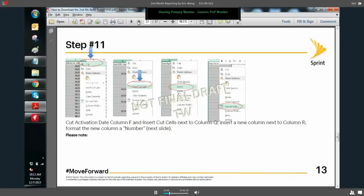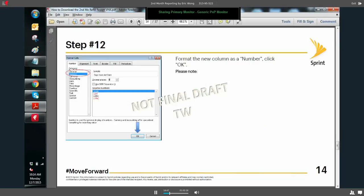So from here, I typically cut the activation date column, and then I insert it next to the second month payment column. Okay, so I put those side by side, also format those cells to a particular date. So next slide, please. So from here, I'm going to insert a new column and help calculate how many days